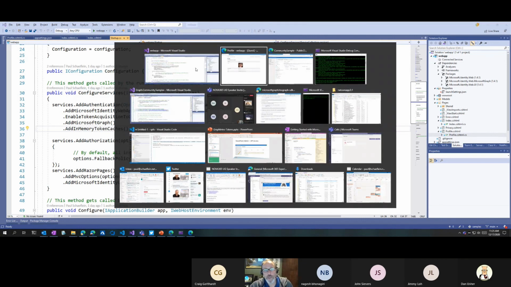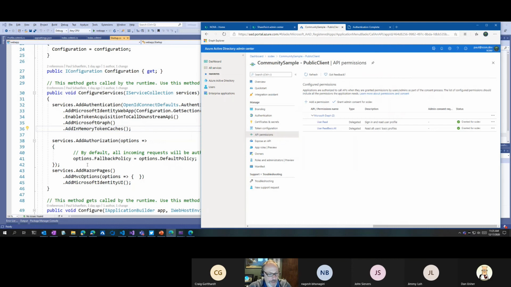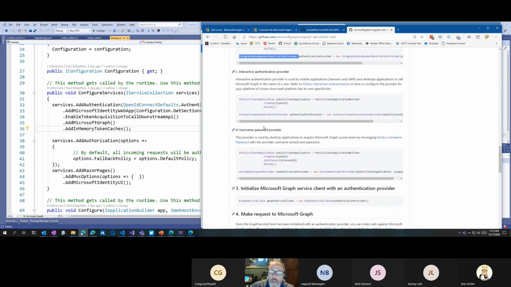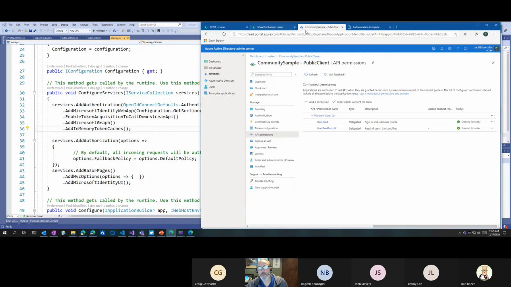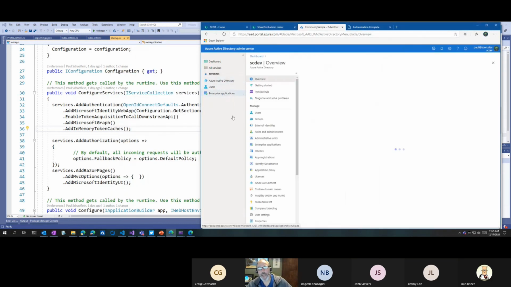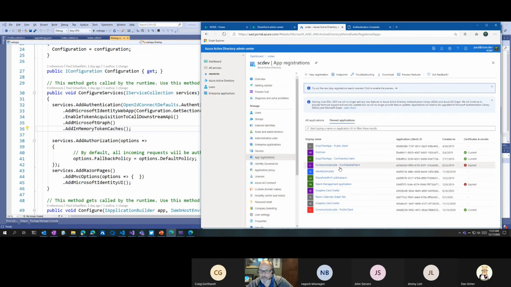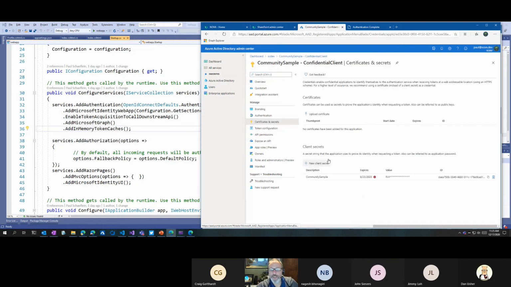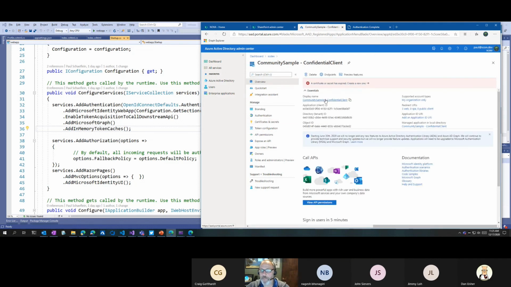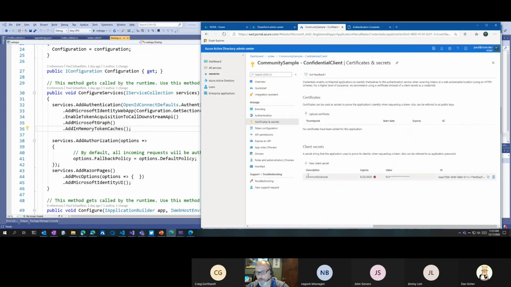And so when I'm doing a console app, let me go back to the auth library here. At the very top, I scrolled over this real quick, was a confidential client. And a confidential client in Microsoft Identity Platform basically means as an app. So if I go into my app registrations and I have a confidential client, I can set up a certificate and/or a secret. And so what you'll see here is this application. I have an ID for this application right here, right? And then I have a secret for this application, which has expired.